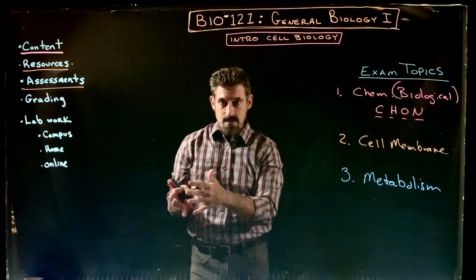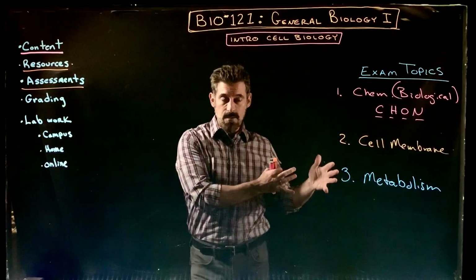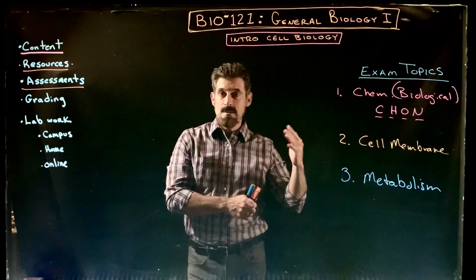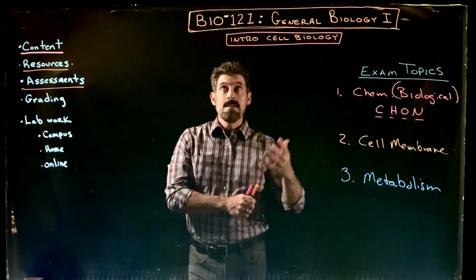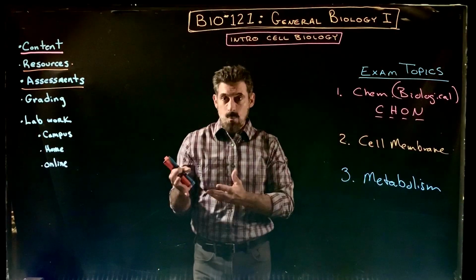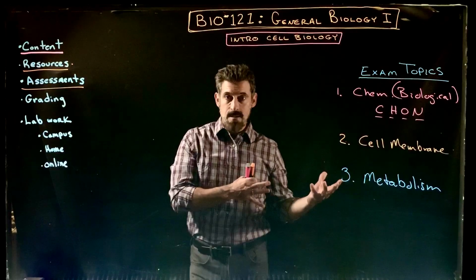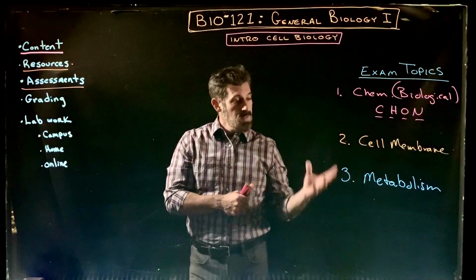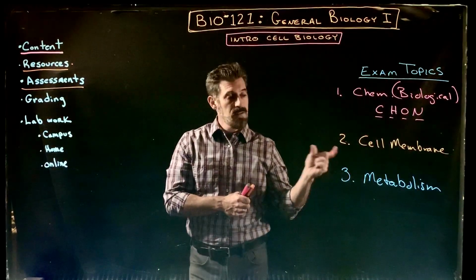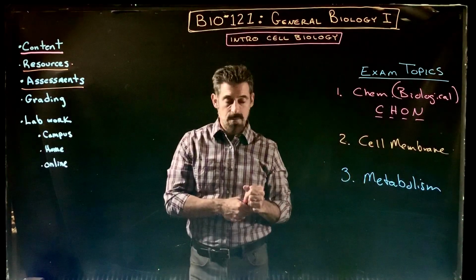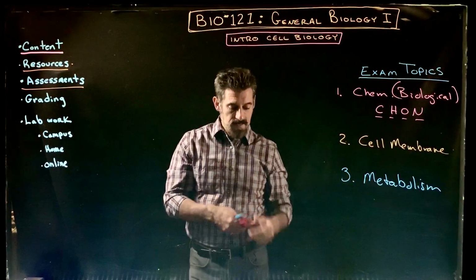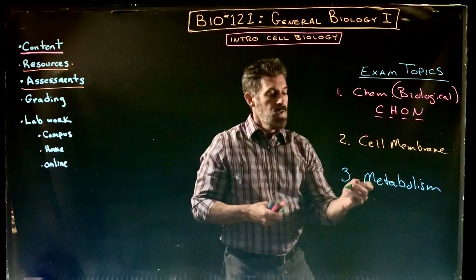So starting off at an introductory level of detail, then we're going to add a little more and a little bit more. All right. We'll look at how cells get their energy molecules and how they process one kind of molecule to make another kind of energy molecule. And we'll go through the structures in the cell that are involved and the reactions that are involved. And then finally, on the last exam, we'll get into